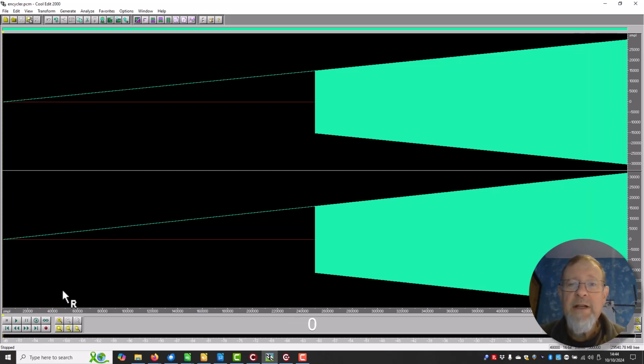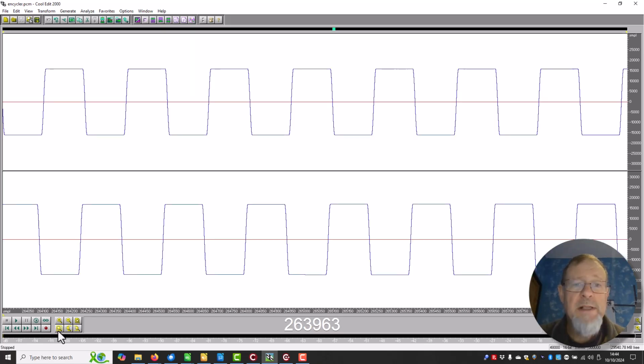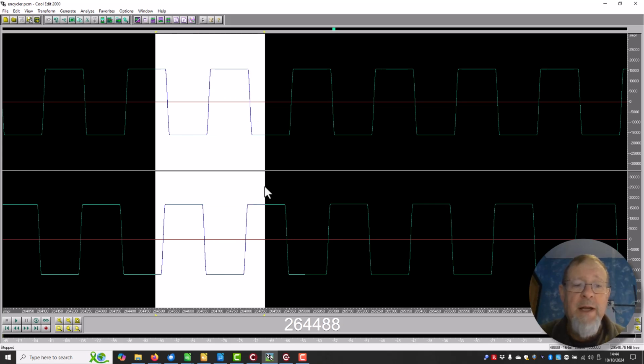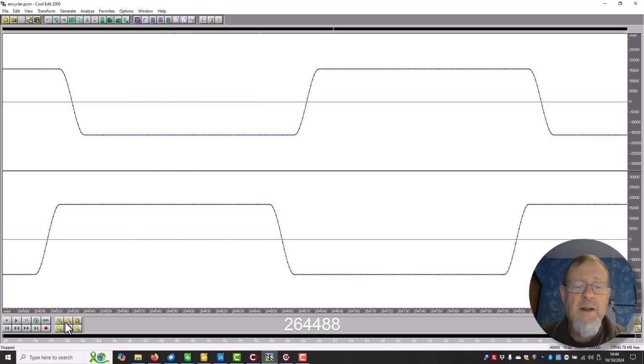Well, it sounds like a square wave, which if we zoom in is pretty much what it is. And you can say that one side is the input of the delay and the other side is the output, and we can see they are slightly out of phase. Well, they are, as we would expect, about 180 degrees out of phase, anti-phase. Call it what you will. And